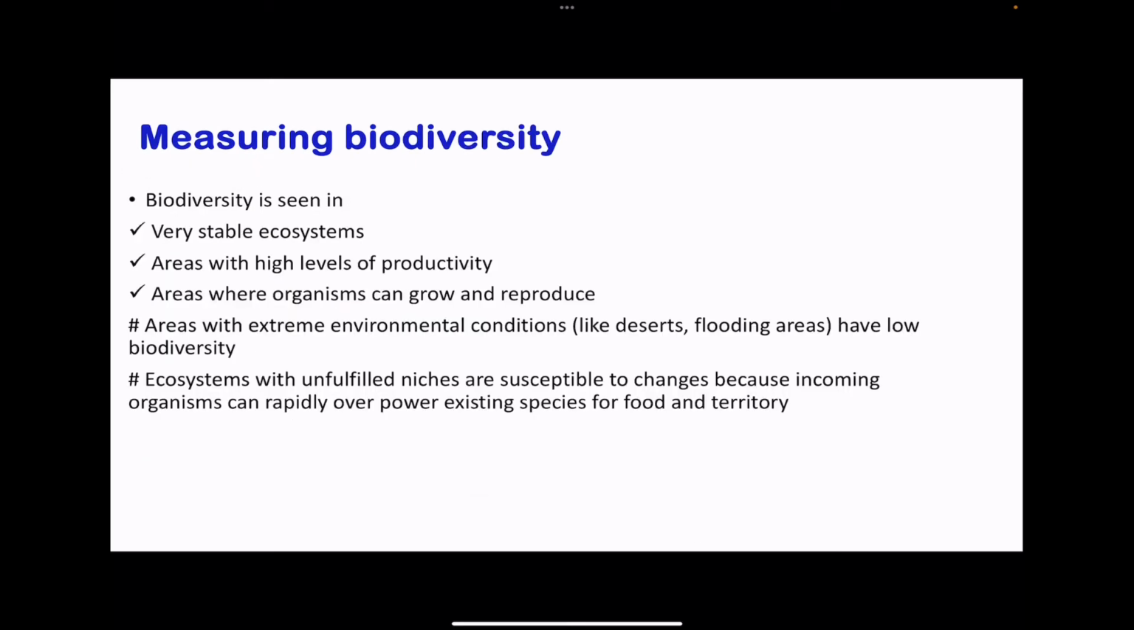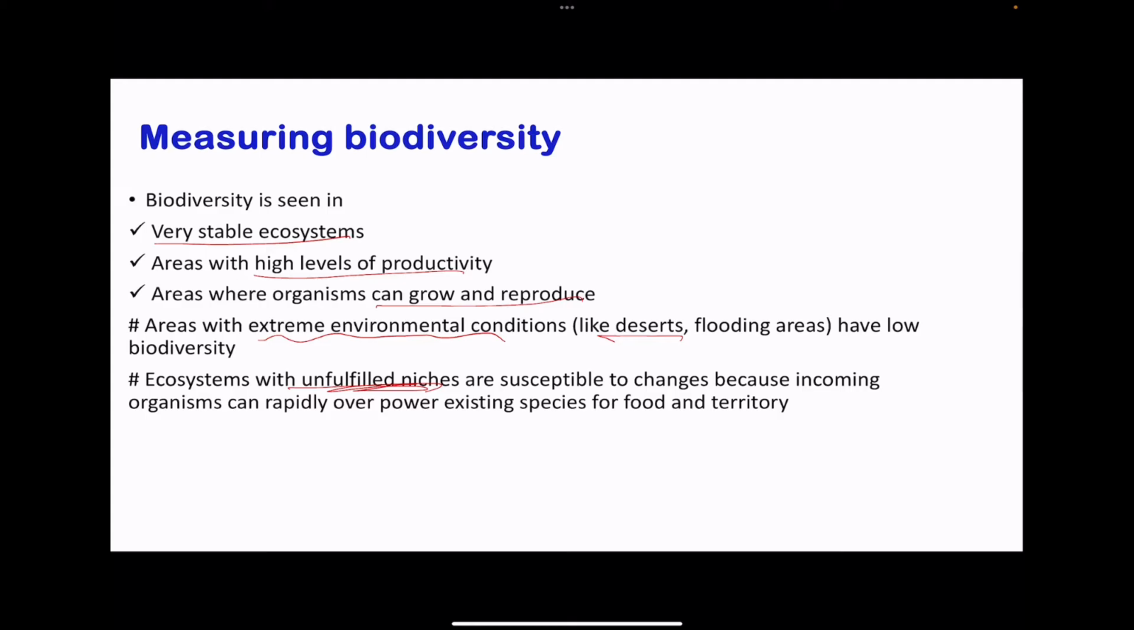Biodiversity can be seen in ecosystems that are very stable, in areas where there is high productivity, and in areas where organisms can grow and reproduce. However, in areas where there are extreme conditions like deserts, and areas that flood and so on, there is going to be lower biodiversity. And if there is lower biodiversity, it means ecosystems that have unfulfilled niches are going to